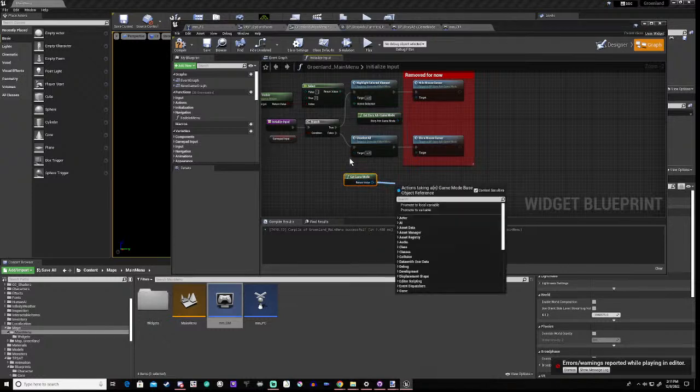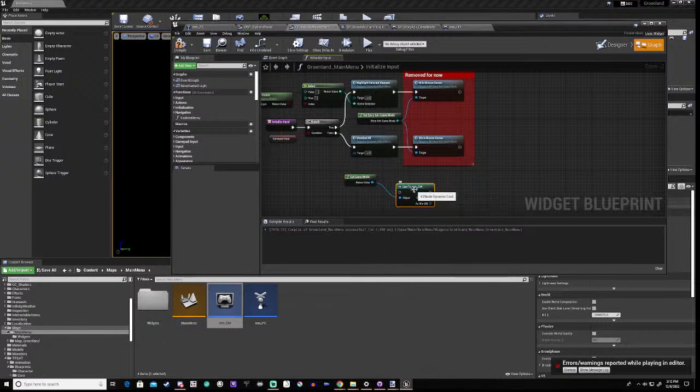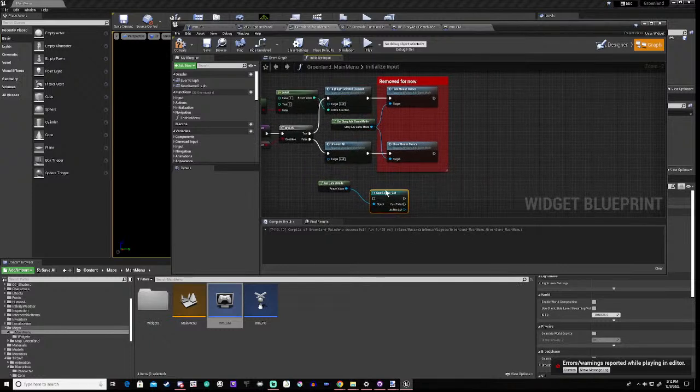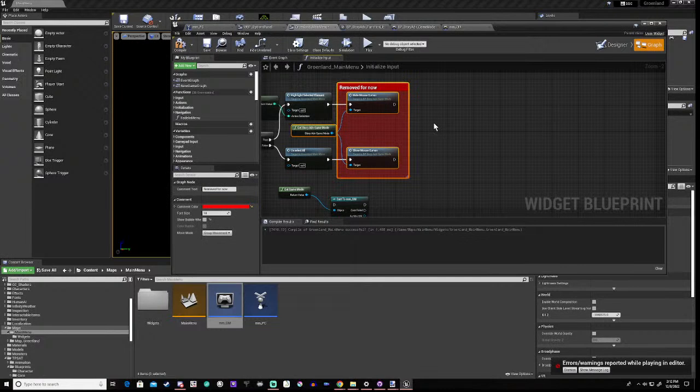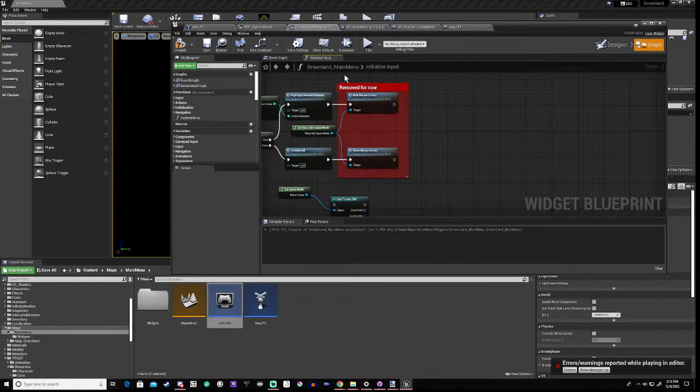Okay, and because we've not really got it in a function, and this is in a function library, which we could do later, what we can do is we can say cast to main menu game mode. Okay. What we can now do